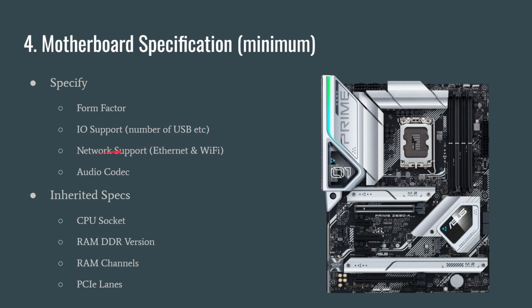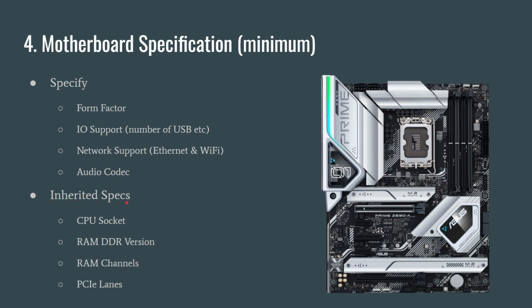You're going to specify network support. So do you want just Ethernet? Do you want Ethernet and Wi-Fi? Are you going to get a separate card so you don't need any of those? And then audio codec. So we talked about that as well. Do you care about having a good audio codec, or are you okay with a bad one? So just write down your minimum specs for these, and also consider, and you should really write down all of